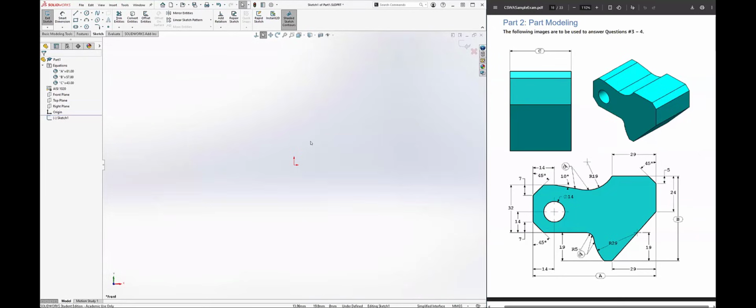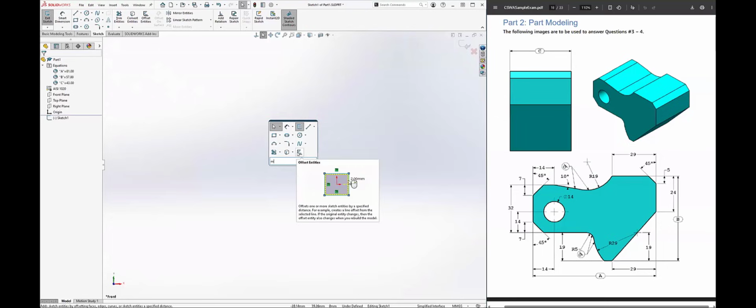Now, I love shortcuts. So for those who don't like going up top to click on rectangle or line or anything like that, I like using the S key. The S key is one of my favorite shortcuts. I can jump to pretty much anything I want here. And if I just start typing immediately, I can actually find other features such as mirror and so on directly in here. Now, I have a few different types of rectangles, but normally I'm going to use a corner